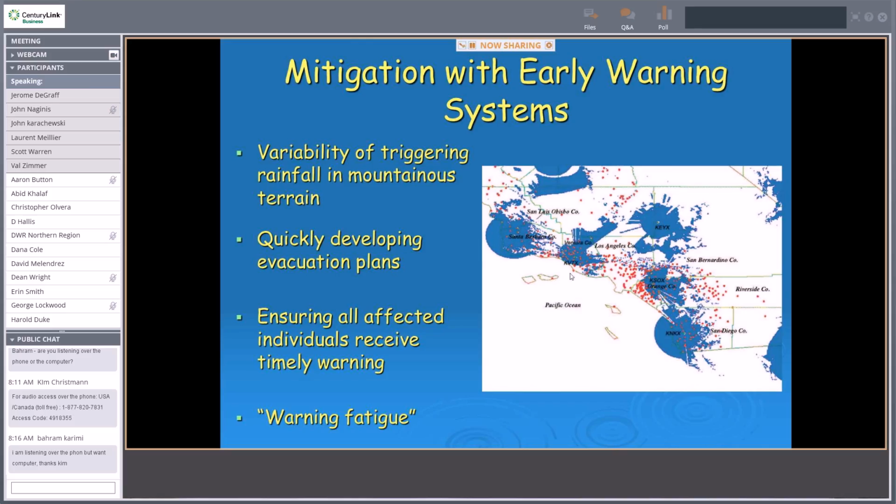And because they've gotten very good at developing evacuation plans and working this out with the folks in the Weather Service, they issue debris flow watches and warnings just like we do for flash flooding. But there's always the problem of warning fatigue, because people voluntarily going to a shelter, if it's the second or third time in the same winter, you get this warning fatigue, which essentially manifests itself,